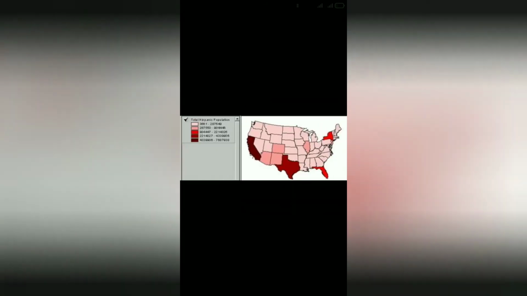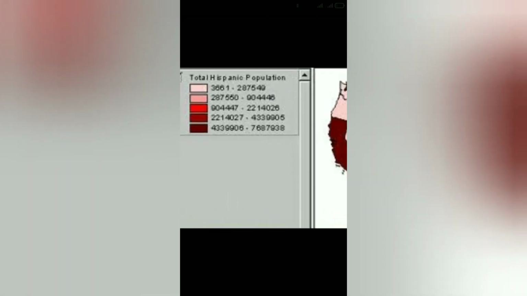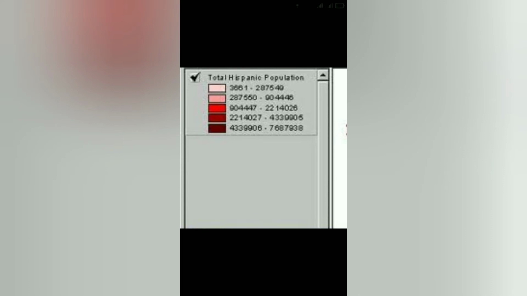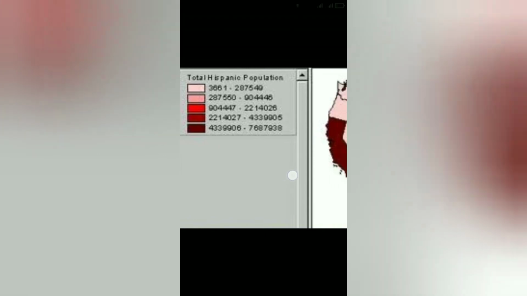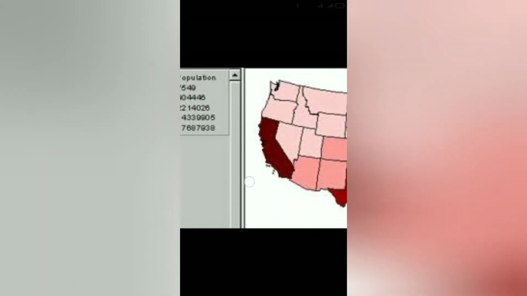Now let's move on. This is also a type of choropleth map where we have used the tint of color. Here we have made one scale, and I made 5 sections. These 5 sections are nothing but the administrative classes, made after considering the lower and the higher value.